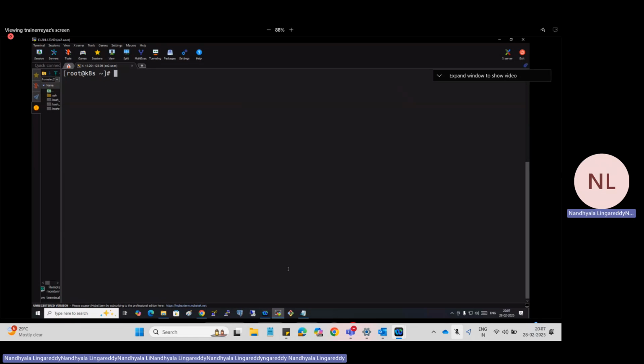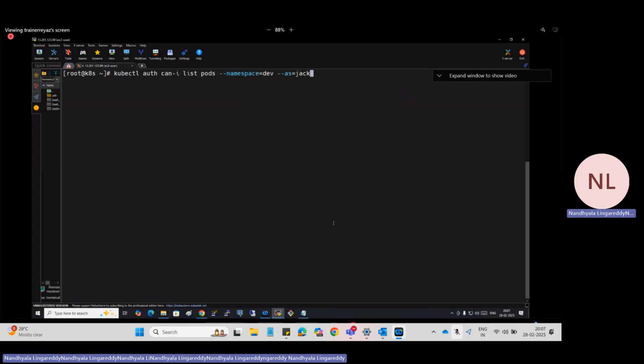For that there is a command. Say with me: kubectl auth can-i. Can I list pods in which namespace? Dev. As whom? Tell me the answer.